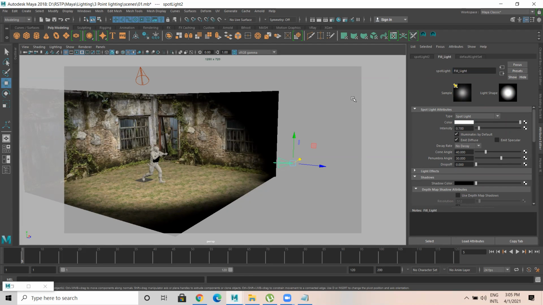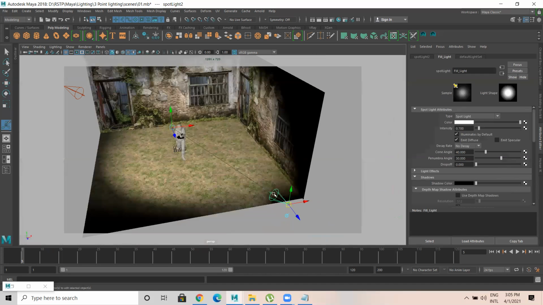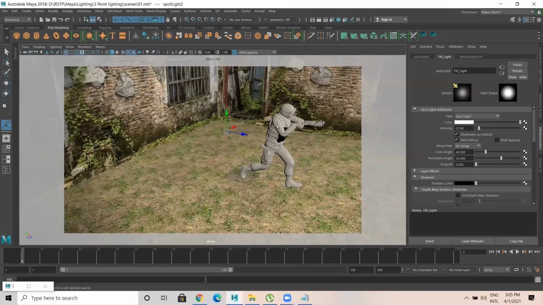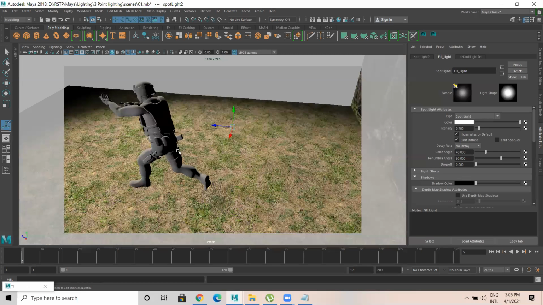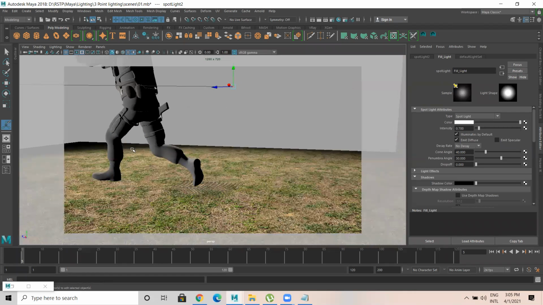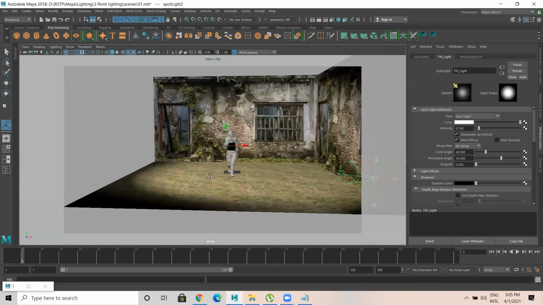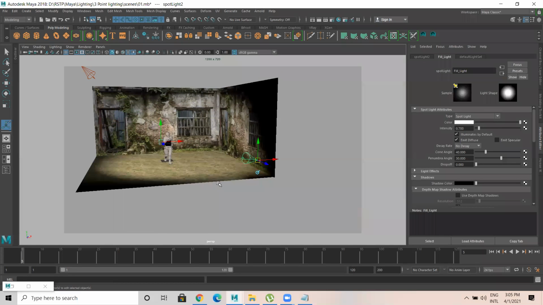Another thing: you can have multiple fill lights, let's say 1, 2, or 3. For example, when you press T for target, my light is hitting this surface. On this side, the key light is hitting this surface. What about here? My key light and fill light are both not hitting this surface. If I want, I can add another light to illuminate these darkened areas, or under this shoulder. But let us add a rim light first, then we'll see whether it is required or not. You got the point, no?